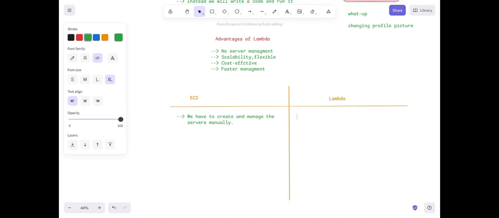But when it comes to Lambda, there is no need of creating and managing the servers.